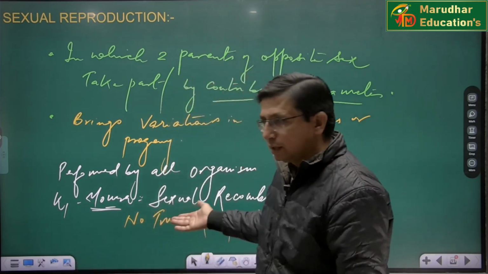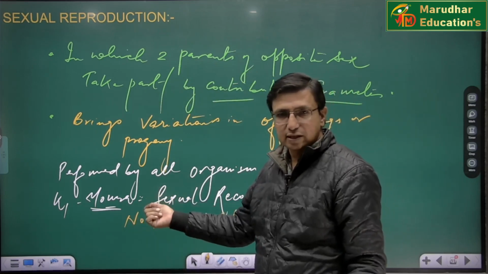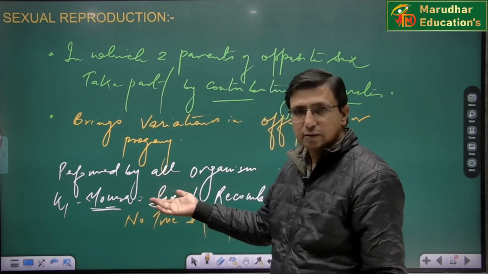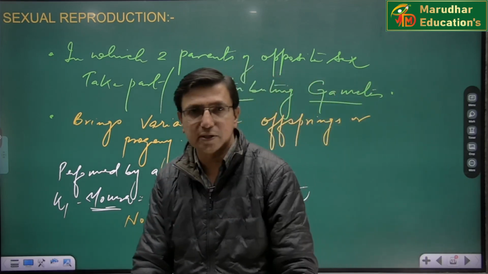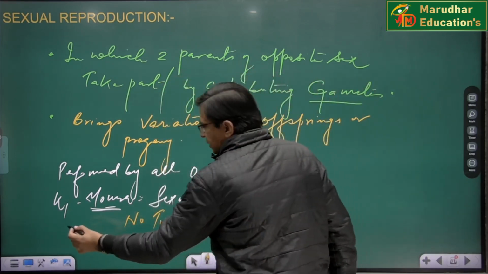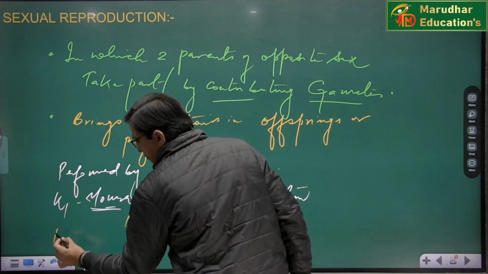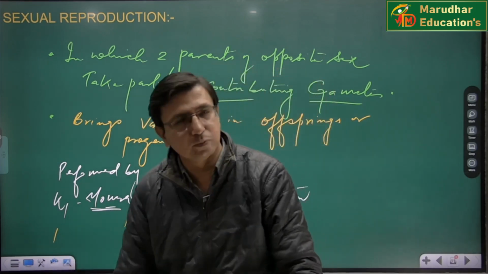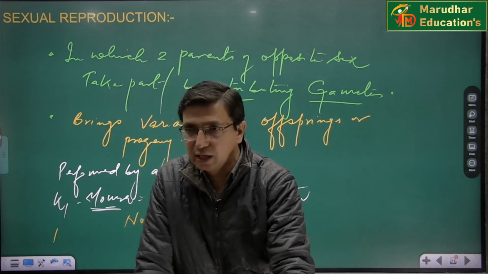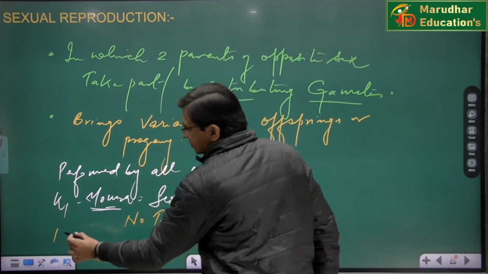But except Monera, Protista, right? Then fungi, then plants, and then animals. Now, yesterday we talked about lower plants and lower animals. They are able to perform asexual reproduction as well. But higher plants